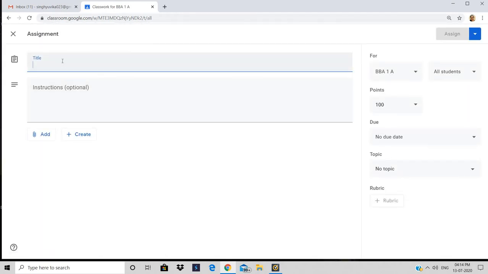We can give any title for the assignment, like suppose I am giving: create a SWOT analysis for Infosys. Suppose this is assignment 1 for the student.